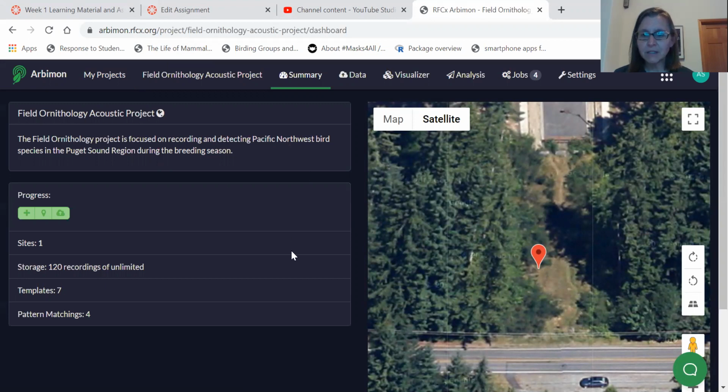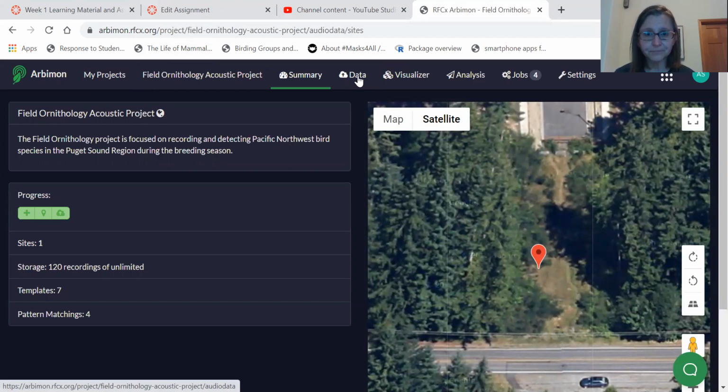So the first thing you'll do to participate in this is you'll be deploying your AudioMoth, and in another video, there's some instructions on how to do that. And then we'll be putting these recordings on our site. Now, there's a whole several step process for doing this. The faculty will, for the most part, be actually adding the recordings to the site, but we need location information